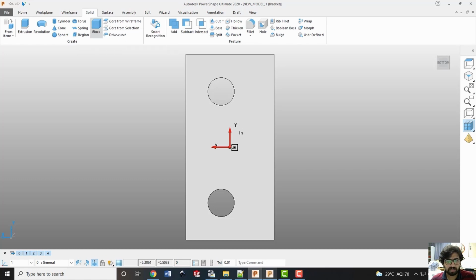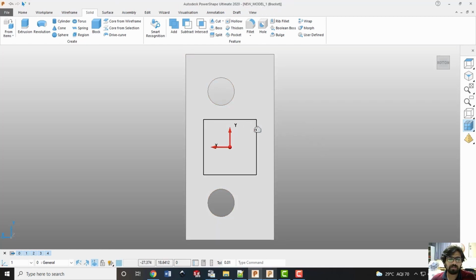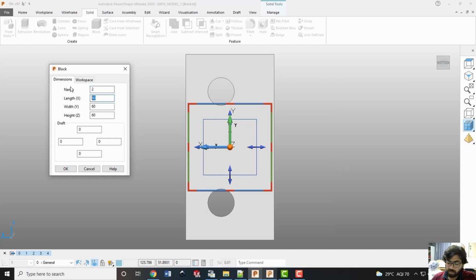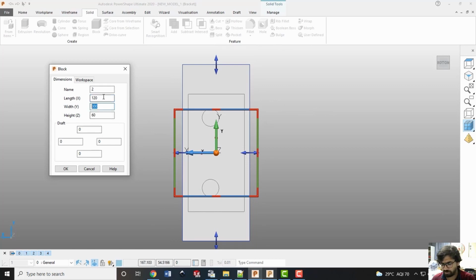Now I will create a solid, that is nothing but a rectangular shaped plate. So I'll click here so that the centers of both are going to match, and now I'll click on this object, solid 2, and right click here, modify its dimensions. I'll assume that its x-axis length is 120 so that it is outside the range of the base size of the object, and in a similar way let us consider it to be 300 mm long in y direction. If it is more, we can reduce it as well. So okay, 250 looks fine.